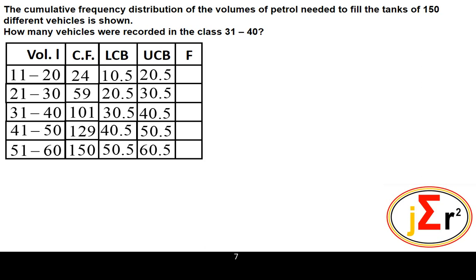Now we need to tell how many vehicles were recorded in the class 31 to 40. Now we do not have the number of vehicles in the particular classes, and that might not be too obvious by looking at the data set. As a matter of fact, someone might want to choose a value here which is from the cumulative frequency column as our answer,